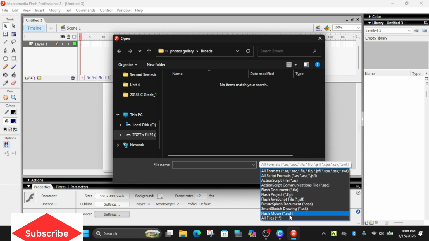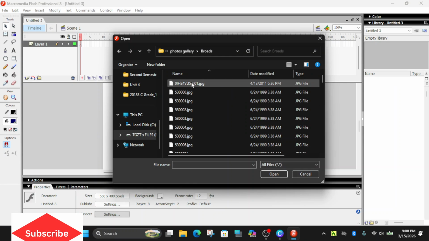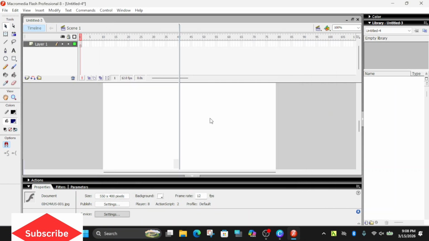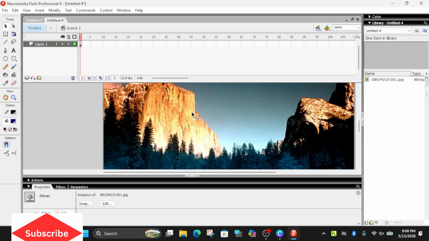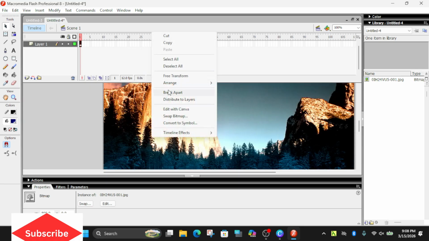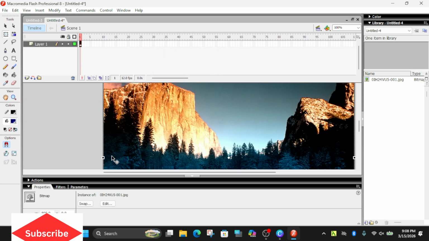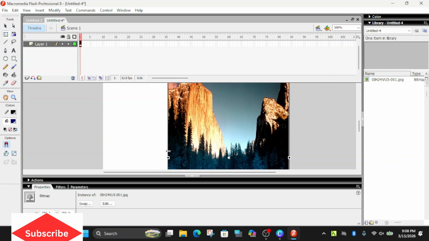Here choose all files. Let me insert this diagram. Now free transform helps us to select, then we can diminish the size like this.